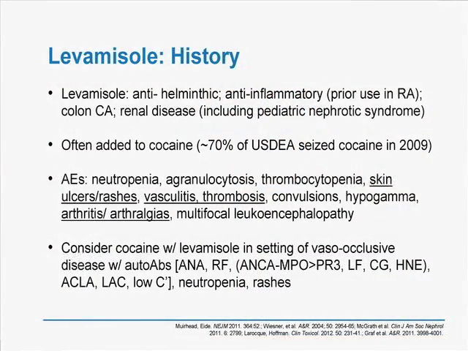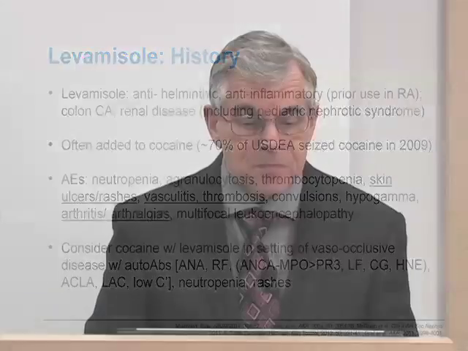So when do you consider cocaine and levamisole? Certainly when you see these plaque-like necrotic lesions, when you see lesions in the ears like I showed you, and when these vaso-occlusive manifestations are associated with a large number of different types of autoantibodies that don't necessarily fit any rheumatologic disease. So I show you these references at the bottom of the slide also to point out that this